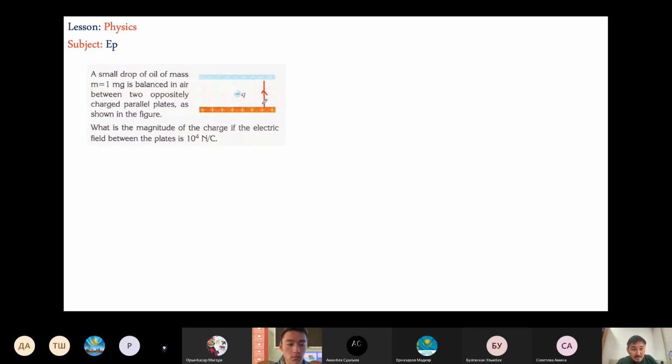Сол үшін electric field бағыты былай. По идее, мен мына жерге параллельно сызықтар сызып қоюым керек, бұл менде uniform electric field болғанын көрсетеді. Яғни electric field тұрақты болғанын көрсетеді. Кез келген нүктесінде it's 10 to the power 4 Newton per coulomb at any point. Енді бұған әсер ететін не бар, иә? Electric field бар. Понятно. Electric field қай бағытта?